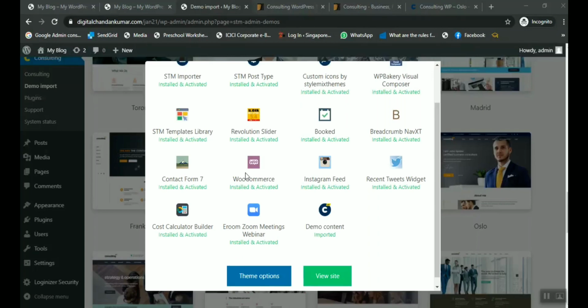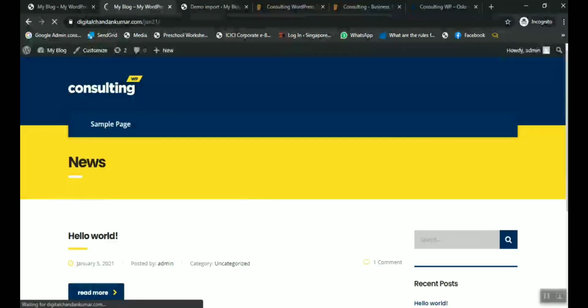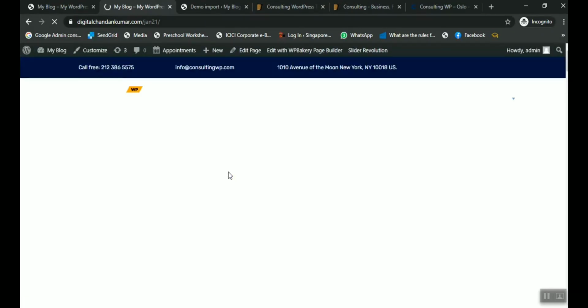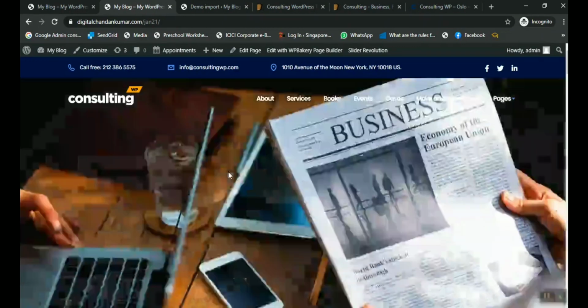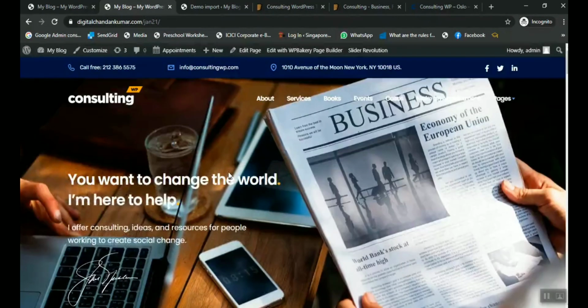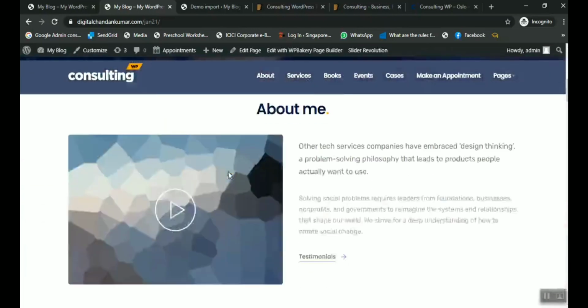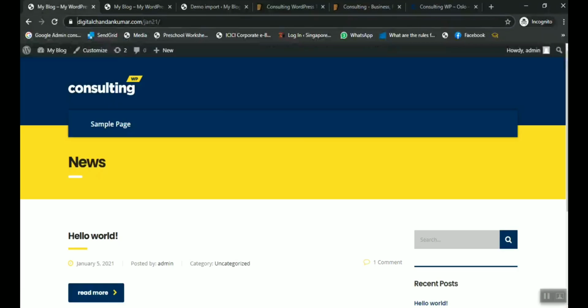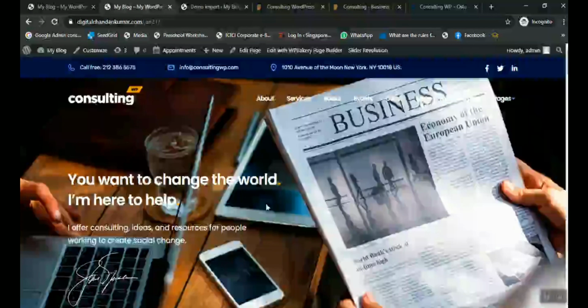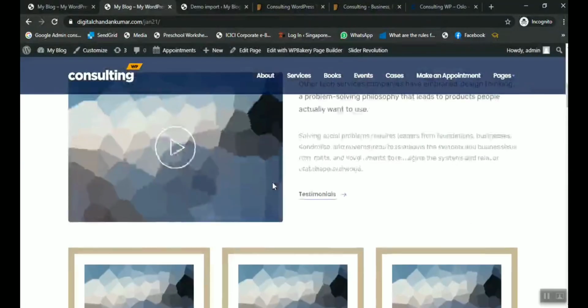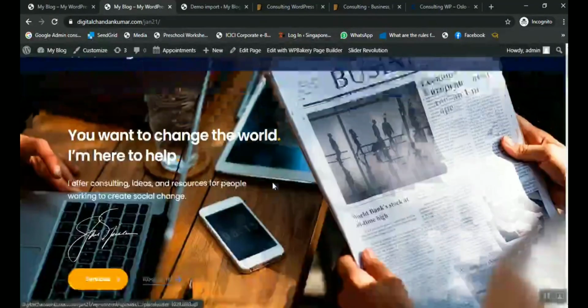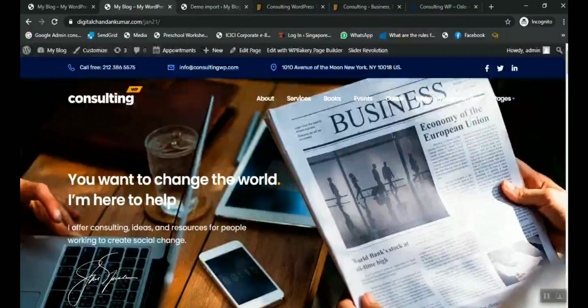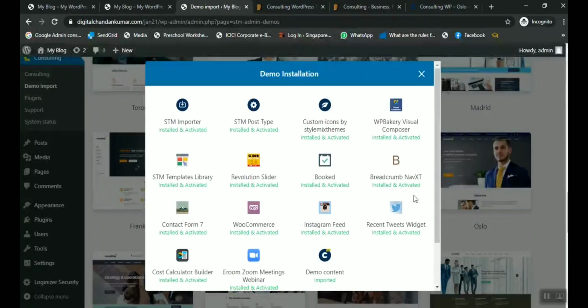It's installed. So we simply click and browse, refresh the page and see if we can see any changes here or not. We can see the demo content is already imported on the website, digitalchandankumar.com/January 21. So it is already installed here. If we click on the previous pages, we can see it's the old one, so nothing is there. On the new domain, we can see everything has changed. We can see everything about me, services, all the things have changed, and the images are already imported here. So we can simply close this option.